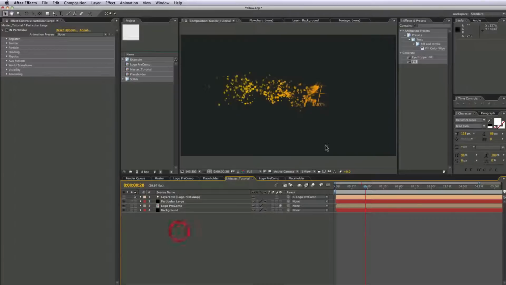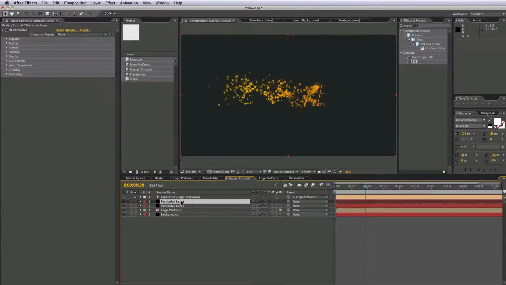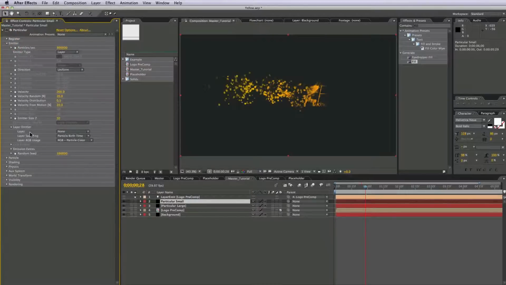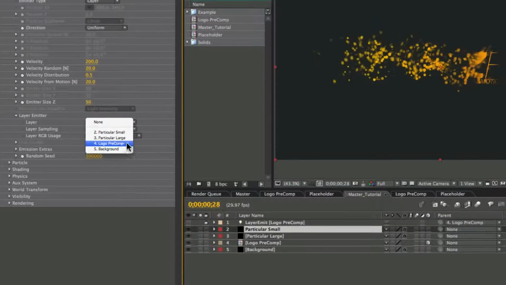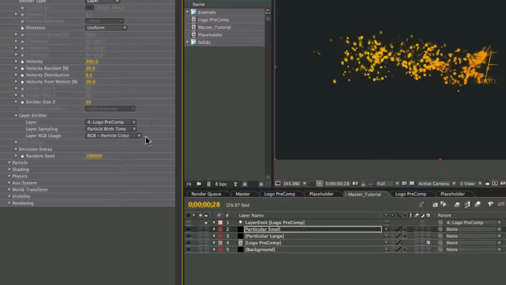So to make the small particles, all we have to do is Control C, Control V, or Command C, Command V if you're on a Windows computer, and we're going to rename this to particular small. And then all we have to do is select our particular small layer, and we're going to need to select the layer emitter again. So we're just going to select the logo pre-comp, the same as the large one,